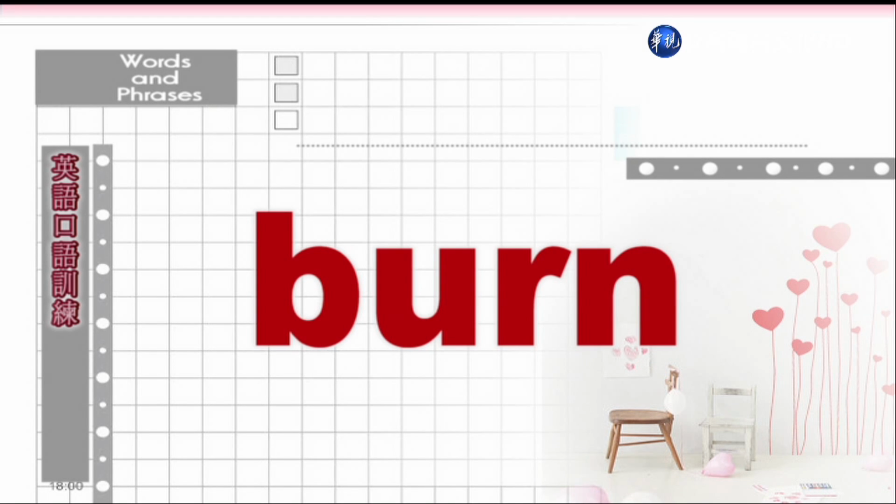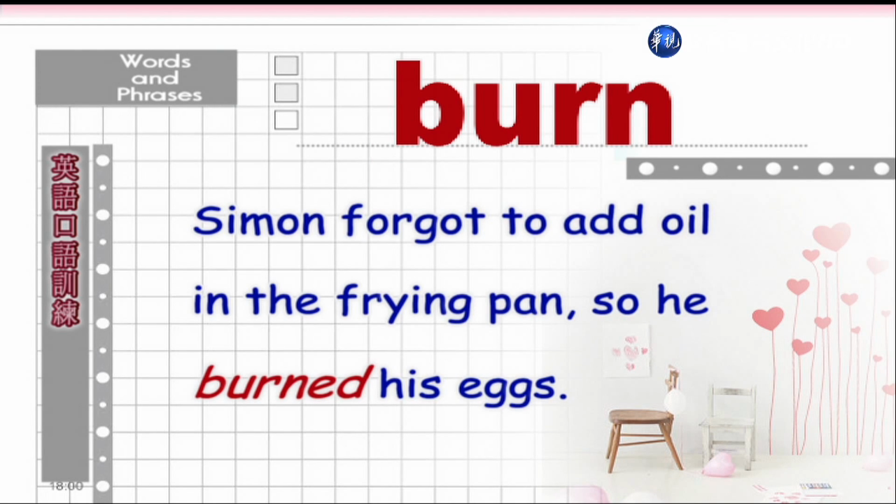Burn, burn. 烧焦。 Simon forgot to add oil in the frying pan, so he burned his eggs. 塞门忘记在炒菜锅里加点油，所以他把蛋烧焦了。